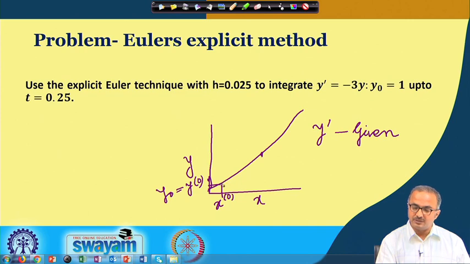So if I know this particular expression of y, then I can simply take the value of x and I can get the value of y over here. But that is for analytical solution. But when we go with numerical method, what we do is this: we go step by step. That means from this value we find this value, then we go to this value, like this.